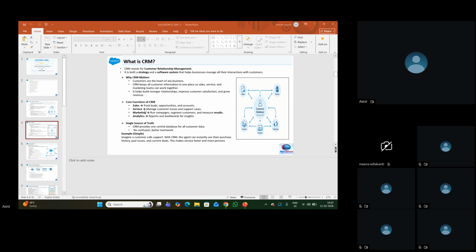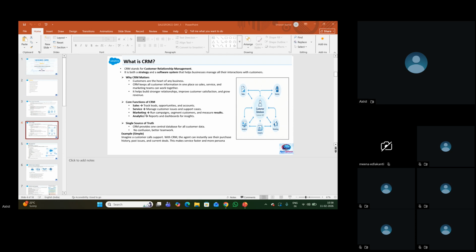Are we good at these three clouds? Let's forget about analytics. Are we good at these three clouds? It starts with marketing. Whenever our product is ready, we'll market it, offline, online, or whatever it is. If any customer has shown interest in our product, we'll mark him as a lead. In Salesforce, we'll have lead data created for him, and our sales team will reach out to the lead saying, looks like you are interested in this product, you wanted to use our product. If he shows interest and if he's okay to use our product, then he'll become a customer.